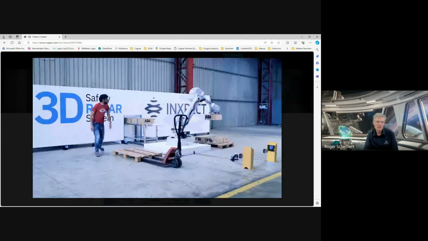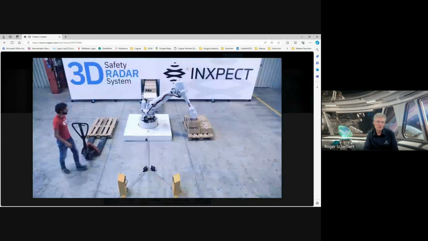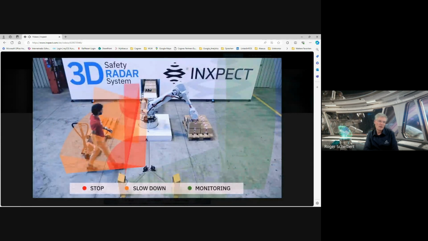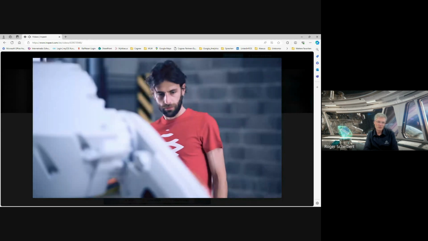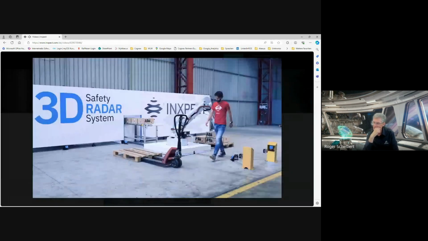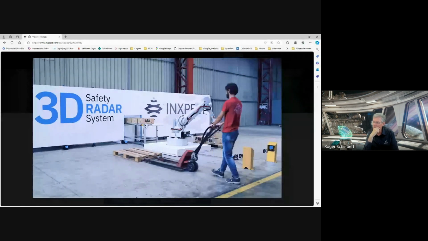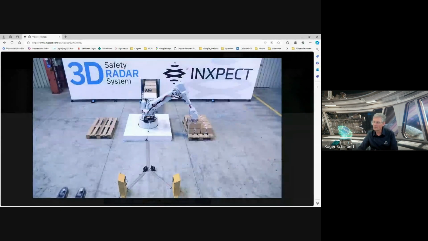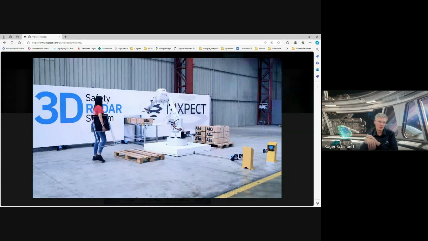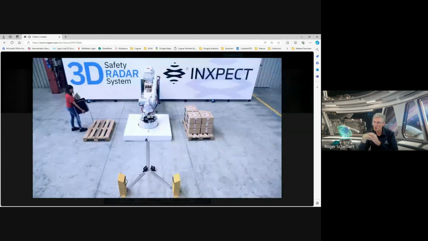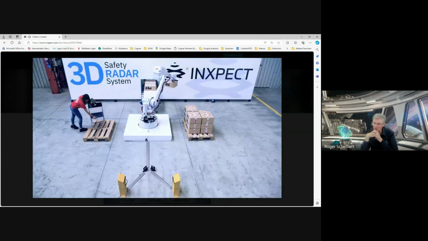As you can see, the human is going around, and the radar sensors are checking: is it stop, or is it safe, or is it close, or is it not close? If it's in a range where it is too close, then the robot has to stop. If it's in a range where the robot can still work, but the human is not reaching the robot, then it works very slowly. So there are different zones which you can